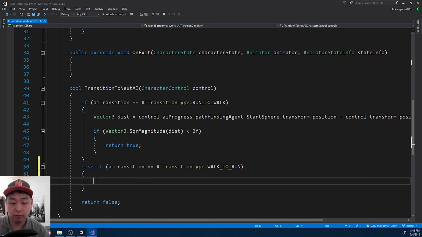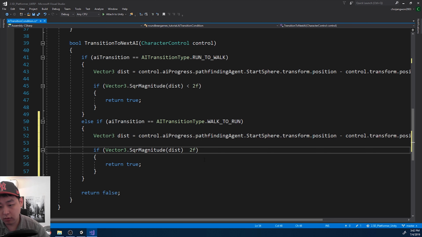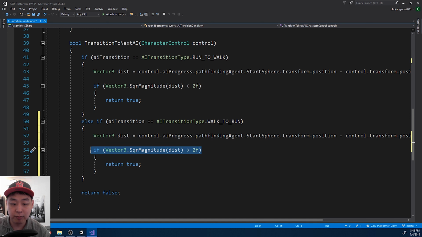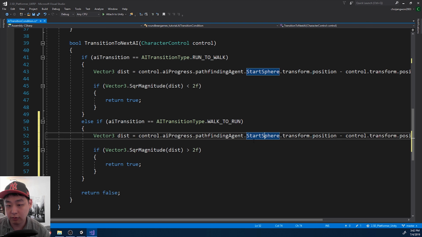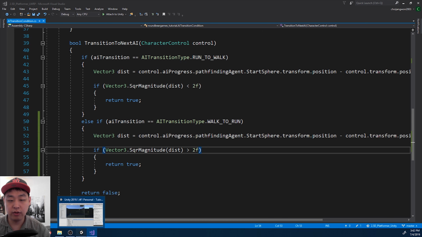copy paste from above, and the only difference is that if there is a minimum distance, if there's some sort of distance between the character and the star sphere, a runnable distance, for now I just decided that it's 2, and then we start running. So I'm going to go back to Unity,